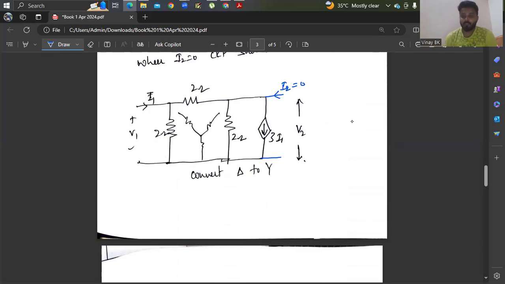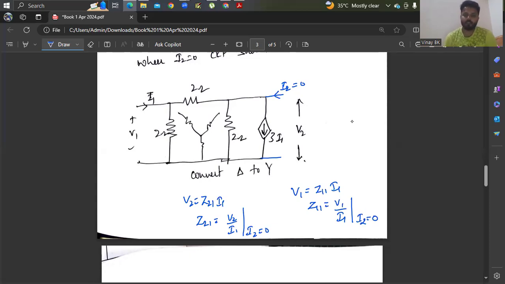If I2 is 0, we know that V1 equals Z11 I1 plus Z12 I2. Since I2 is 0, Z11 equals V1 divided by I1. Similarly, V2 is Z21 I1 plus Z22 I2, where I2 equals 0. Therefore, Z21 equals V2 divided by I1. Means if current I2 is 0, you can get the values of Z11 and Z21. So now to find this,